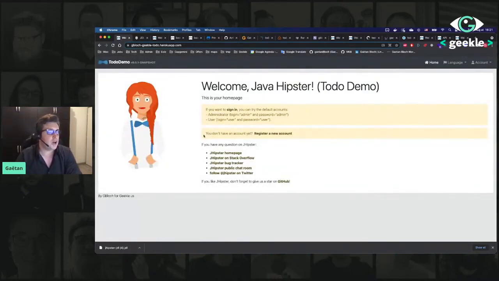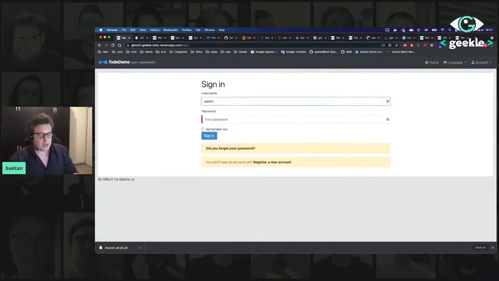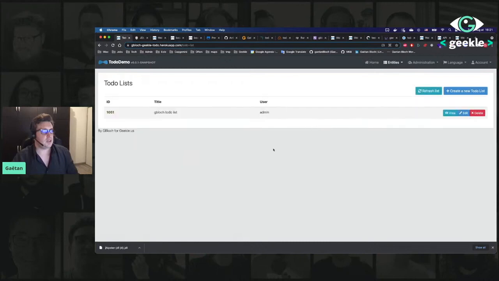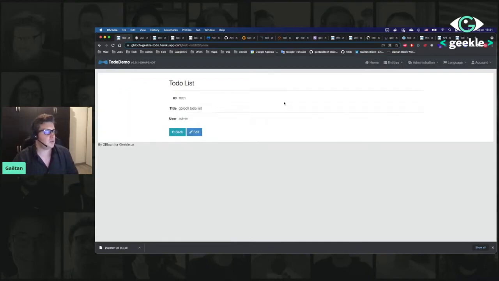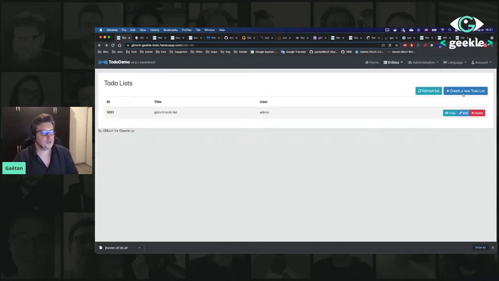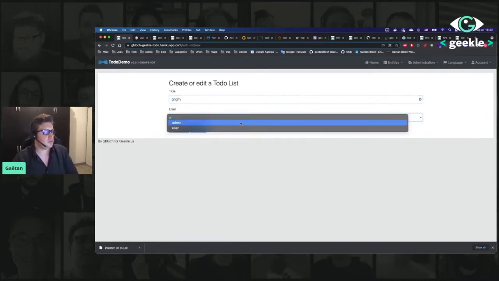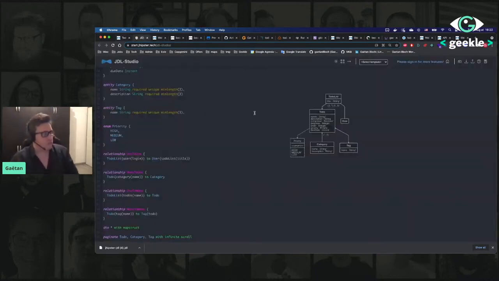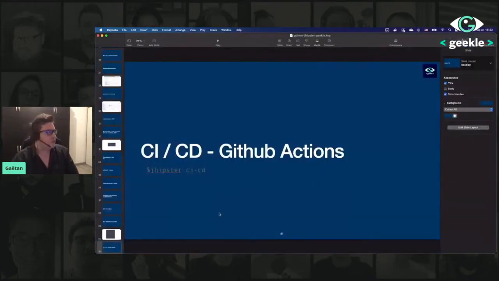Heroku, I have my application. I'm going to sign in. It says admin. And then it's the same as the other one, except that I don't have the fake data because it's in production. I just put some random data here. If you want to create a new to-do list, you just do something like this. Save, well, and whatever. Or because you cannot do that, well, there's a problem. Anyway, the thing is that it's deployed on Heroku and it's working fine. Last thing,